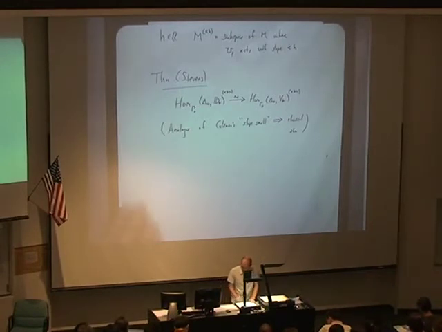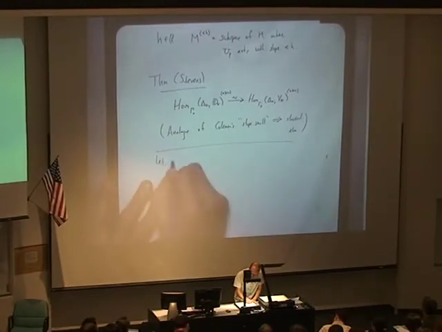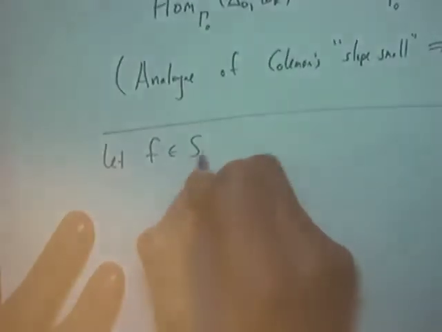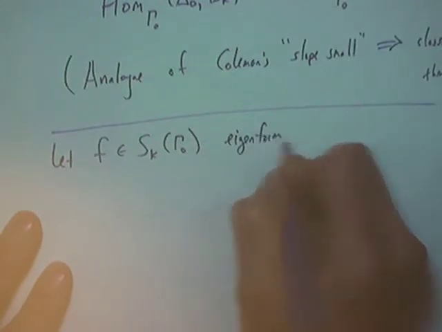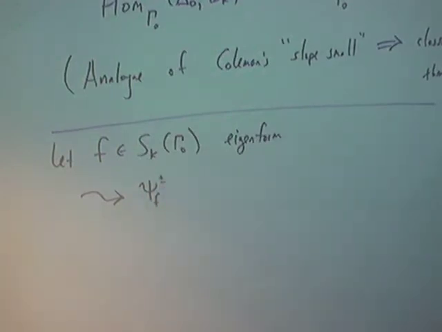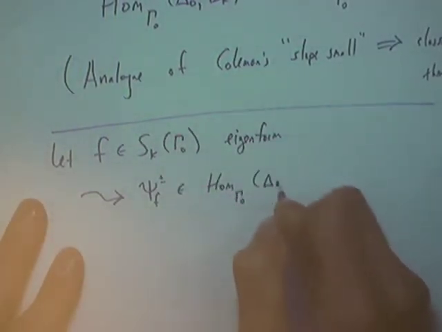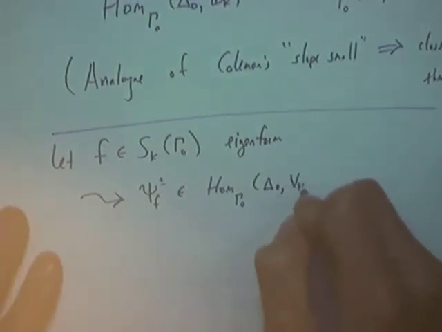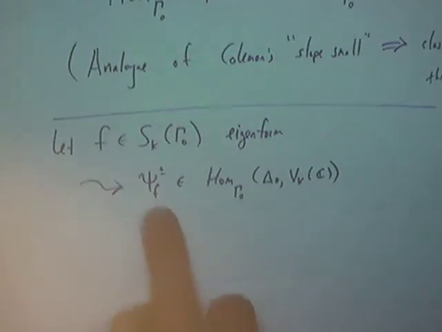And here's one neat application. Let me just begin it. Let me take, again, a cuspidal eigenform of weight k. From the first lecture, I can attach its modular symbol. It's a classical modular symbol, so this is something that's in Hom of Delta_0 into V_k of C. And just like the example I did with X_0(11), modular forms of level 11,